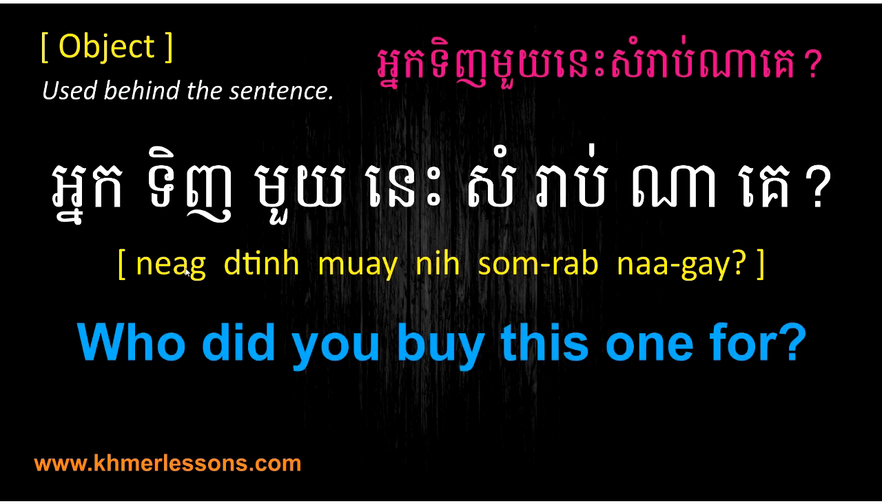អ្នក is you, ទិញ is buy, មួយនេះ is this one, that in Khmer we say one this. សម្រាប់ is for, and ណាគេ is the question word who. So again, អ្នកទិញមួយនេះសម្រាប់ណាគេ